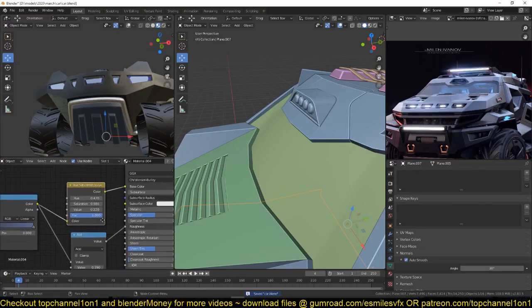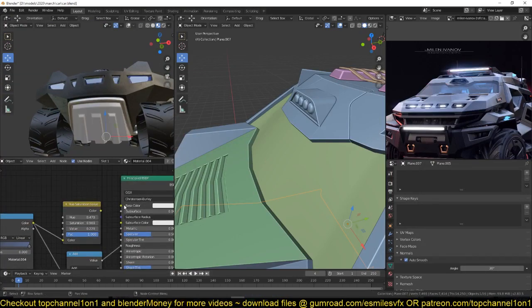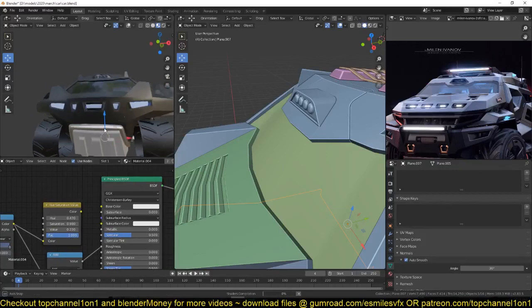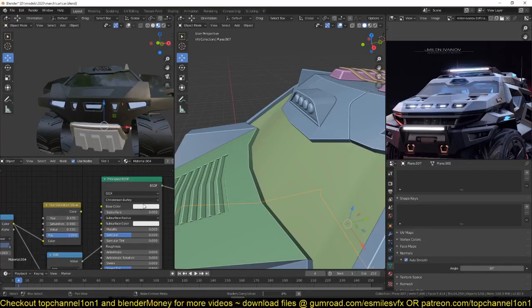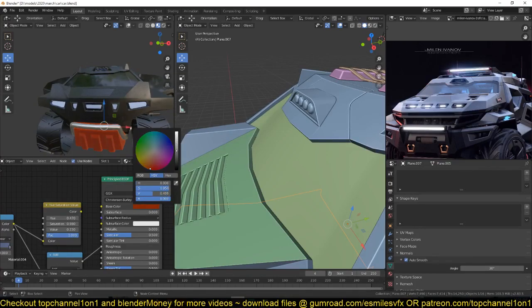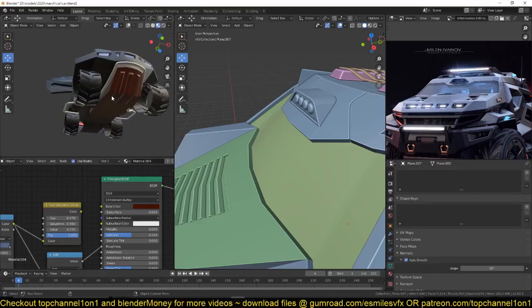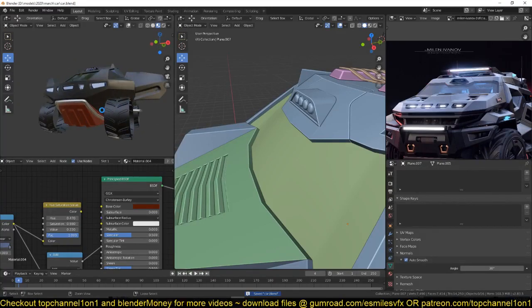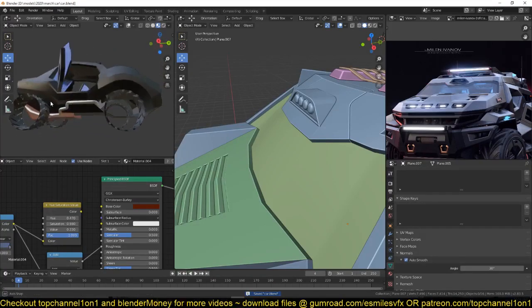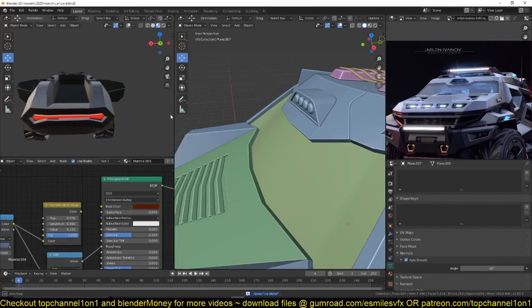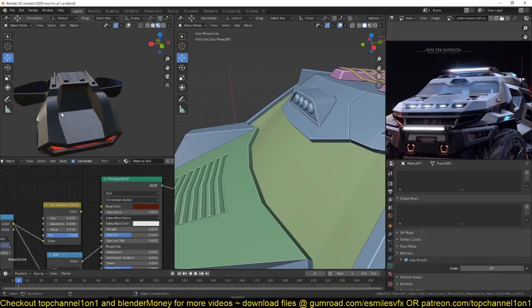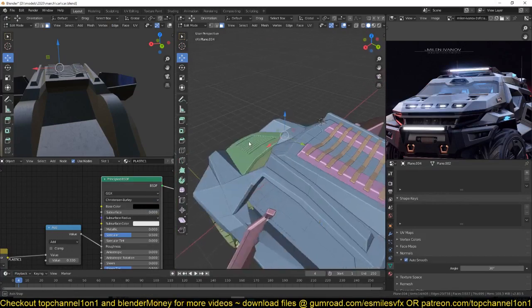I'm going to just use an accent color here. I think red would look far better there. For this bed here,